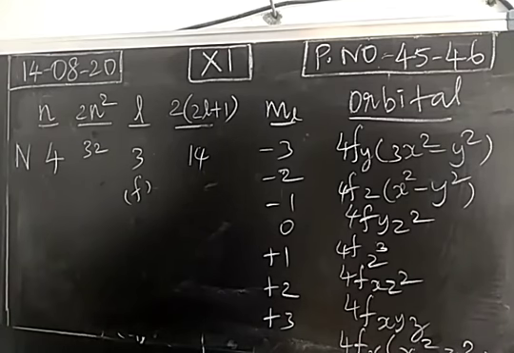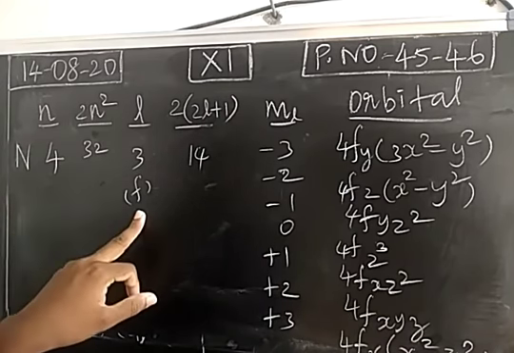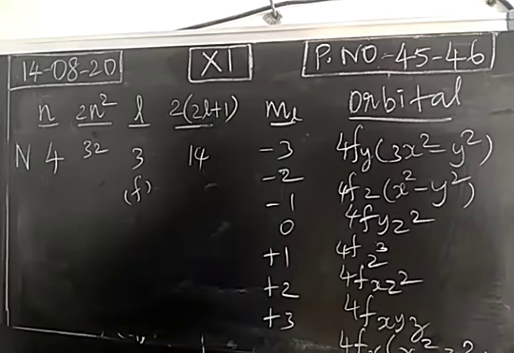So we have completed first, second, third and fourth orbit. Principal quantum number, azimuthal quantum number and magnetic quantum number are used to denote in which orbit, which subcell, and especially in which orbital an electron is present. And using the spin quantum number, we can find whether the electron is spinning in clockwise or anti-clockwise direction. So these are all called quantum numbers. With this, today's class is over. Tomorrow we will discuss the shapes of orbitals. Thank you.